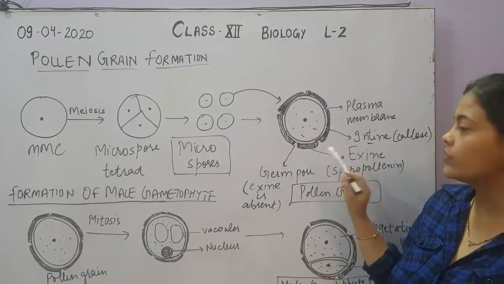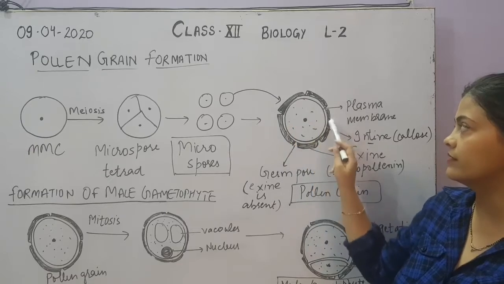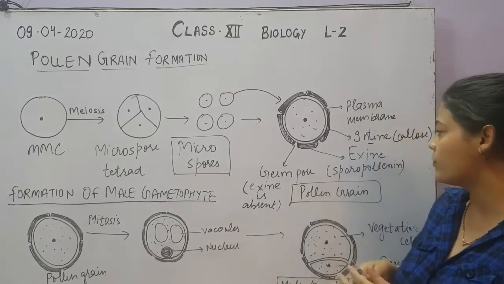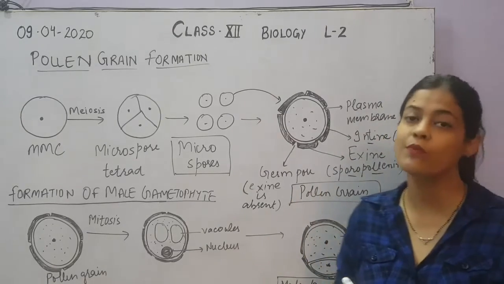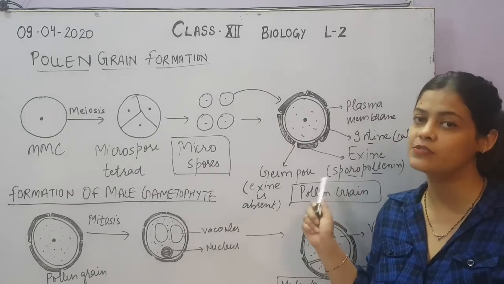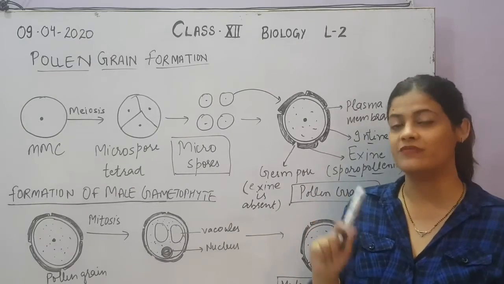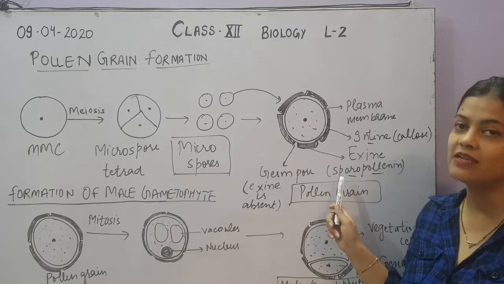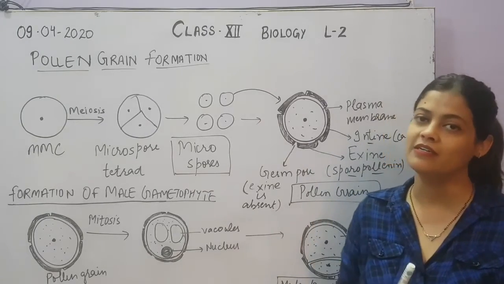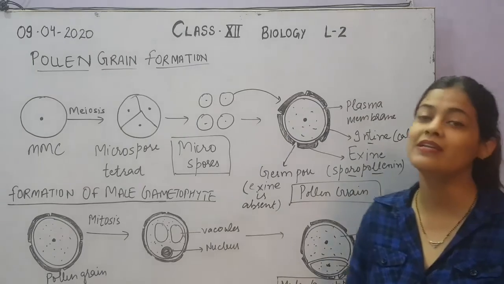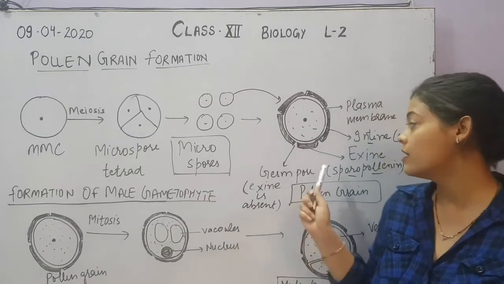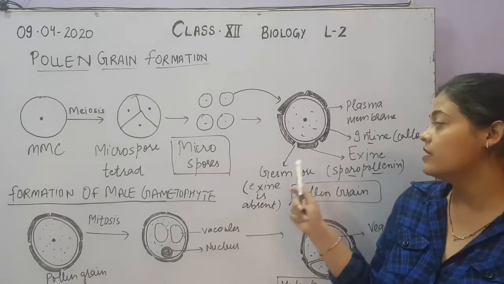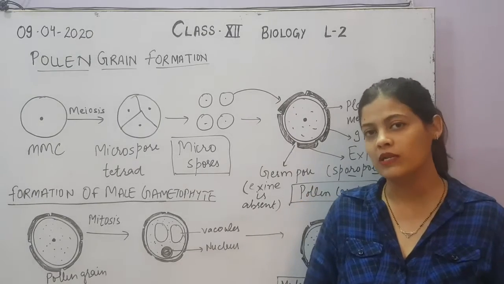Now the next layer, outer layer is called exine. The darker one you can see here. So this exine layer will be formed around the intine layer with the help of this hard substance called sporopollenin. So which layer secretes this sporopollenin? Tapetum layer. Yes, we have discussed yesterday the functions of tapetum. So I have told you that exine is a layer which is made up of sporopollenin, which is secreted by tapetum, and this sporopollenin is the hardest substance which protects the pollen grain. So it is a very hard substance, so that the inner structure of the pollen grain is